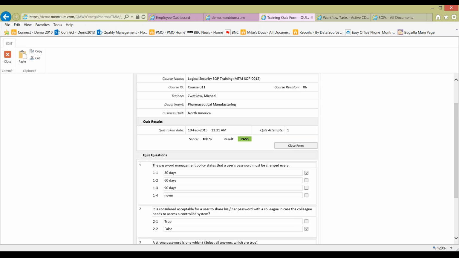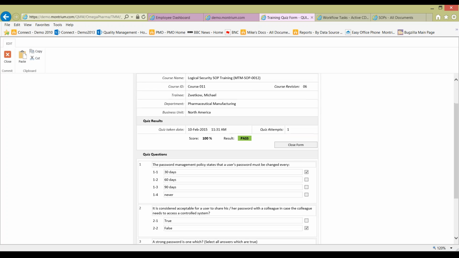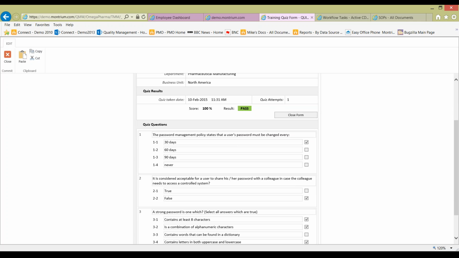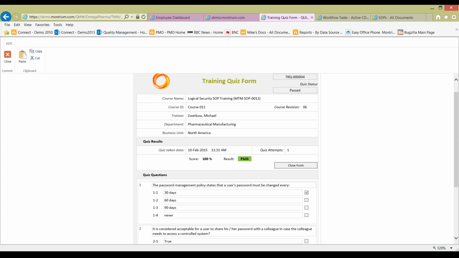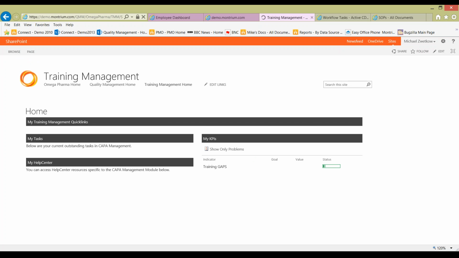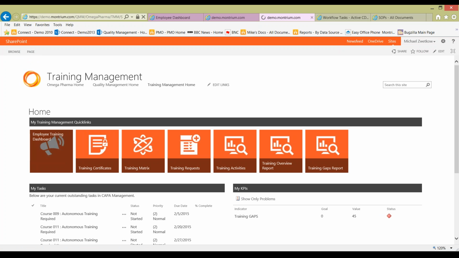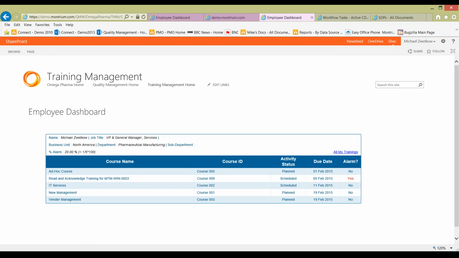And like I said, it's usually done with an autonomous training course, so that you don't need any intervention from a trainer or from the training management group. The user simply performs the quiz, and then I can close the form. Now I can go back to my dashboard very quickly, and I can see that activity is no longer present